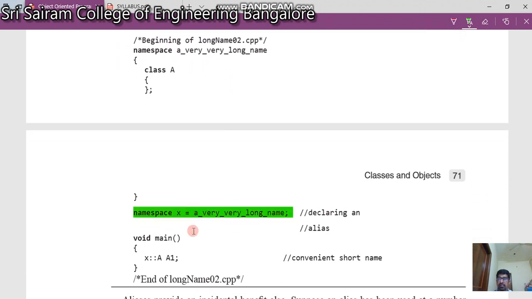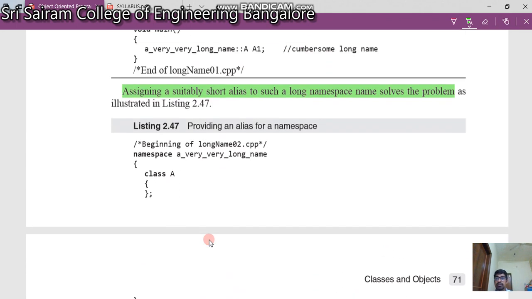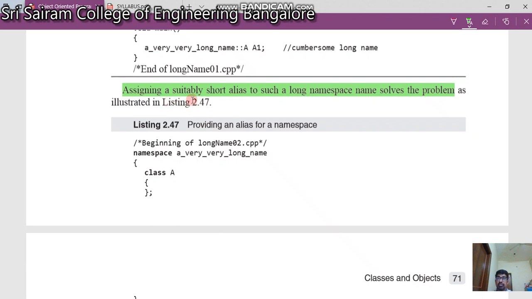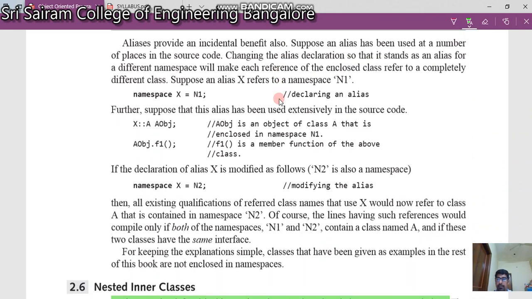Look at this. This is the way we can avoid the long names. Long names can be shortened, which can be assigned to smaller names. I hope you understood this. Assigning a suitably short alias to such a long namespace name solves the problem, as we can see in this figure. So this is all about